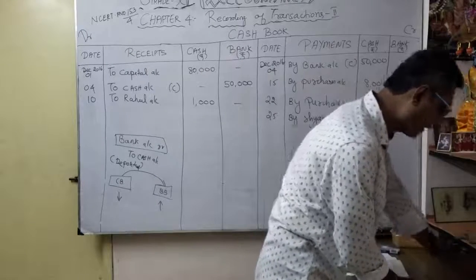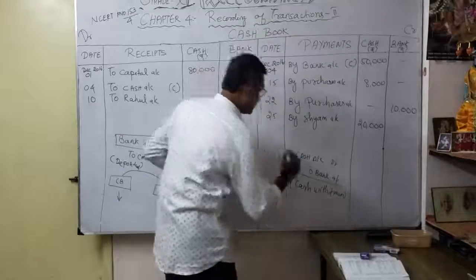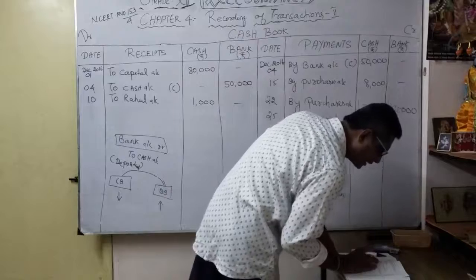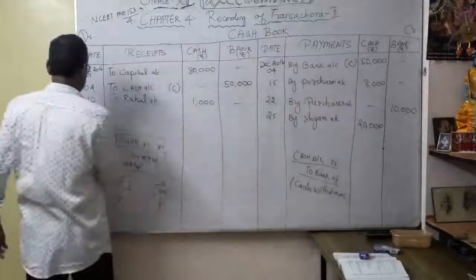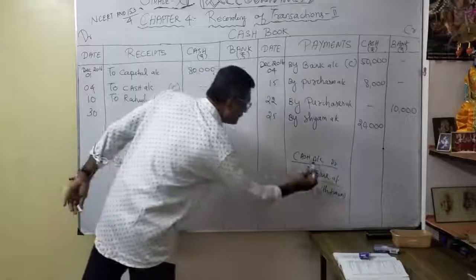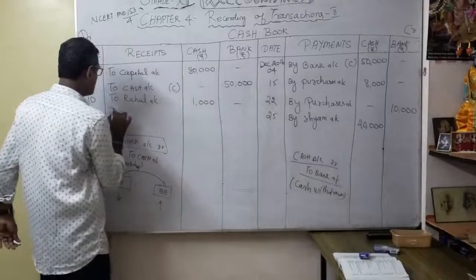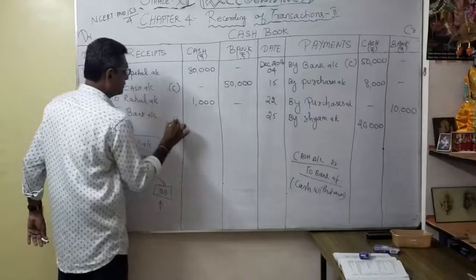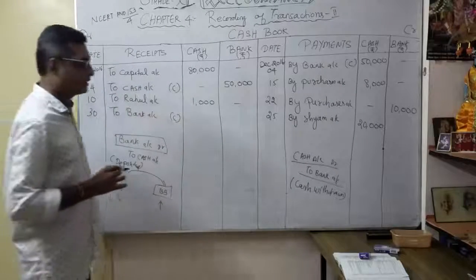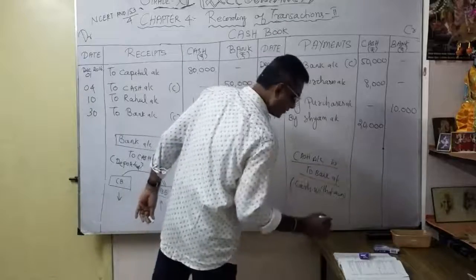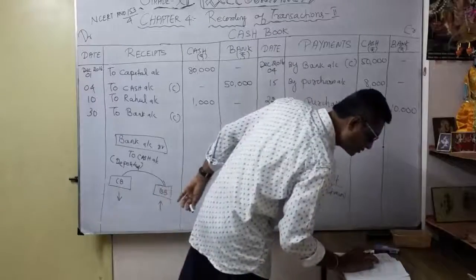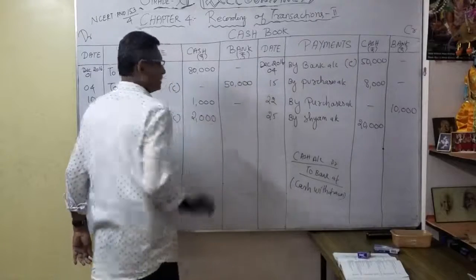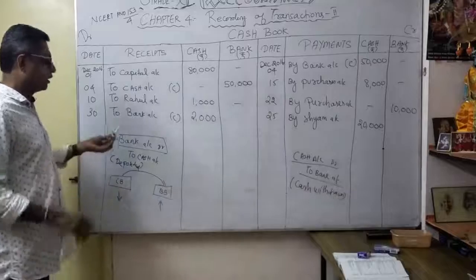First, how are you going to write? First you have to write the debit part, correct? This part. So what is the date? December 30. What is the entry? Cash account debit to bank account. Put contra in brackets. How much, in the cash column, correct? You got the cash. How much? 2,000, correct? See, 2,000. Understood? So very important.